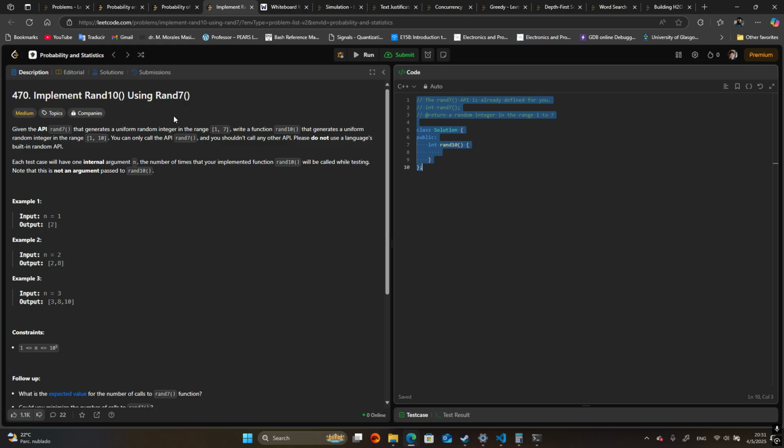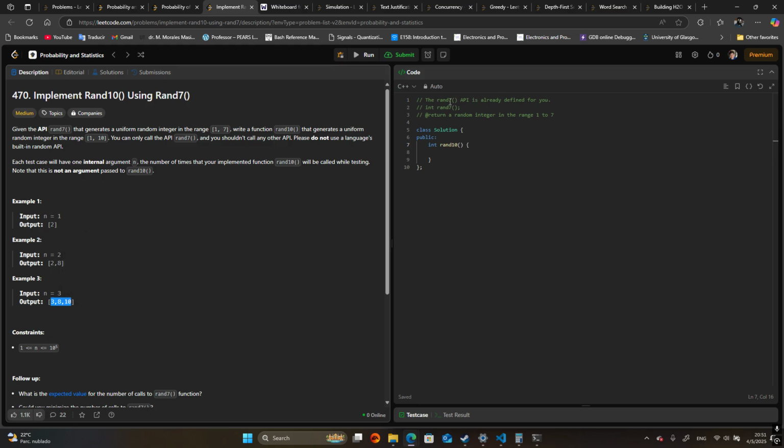So basically what it says is this function Rand10 does not have any argument, meaning the number of times it is going to be called is going to be like a standard for loop. So it won't have the n in the argument. Rather, the function we call, for example, one time, generates one number between 1 and 10, which will be 2, or in this case, two numbers would be 2 and 8, or three elements would be 3, 8,